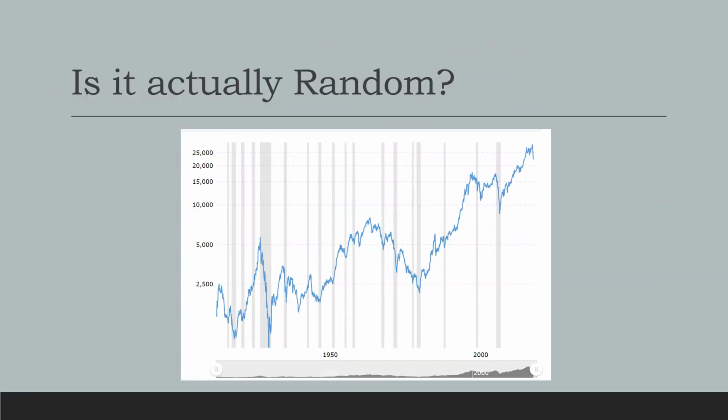Random walk theory in essence is the idea that past prices do not have a bearing on present prices, and that prices of a good or service fluctuate randomly around its intrinsic value, that there's no pattern and no way to perceive the pattern. Indicators are not truly helpful and only fulfill the self-fulfilling prophecy which we spoke about in the last video, and that the best option is to buy and hold whatever it is you purchased.